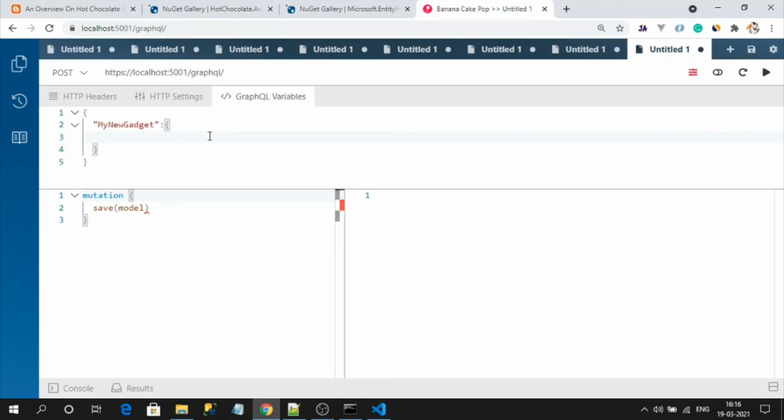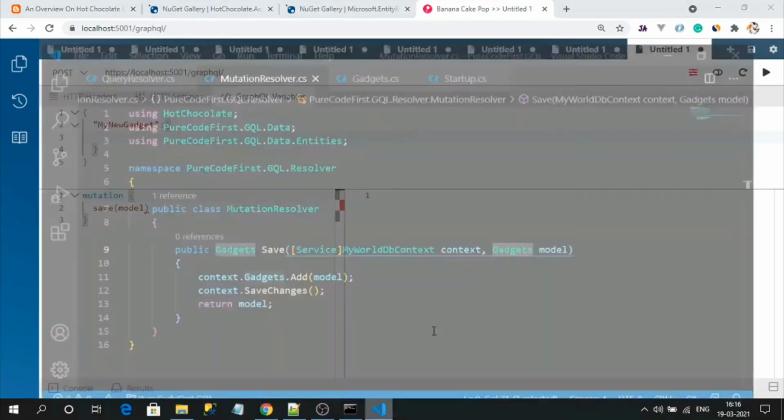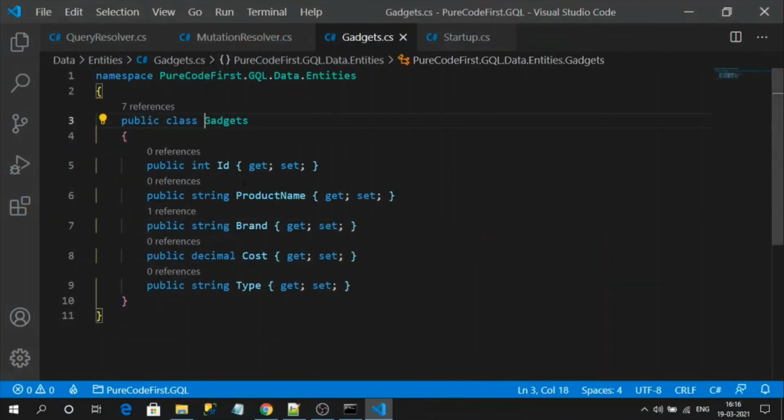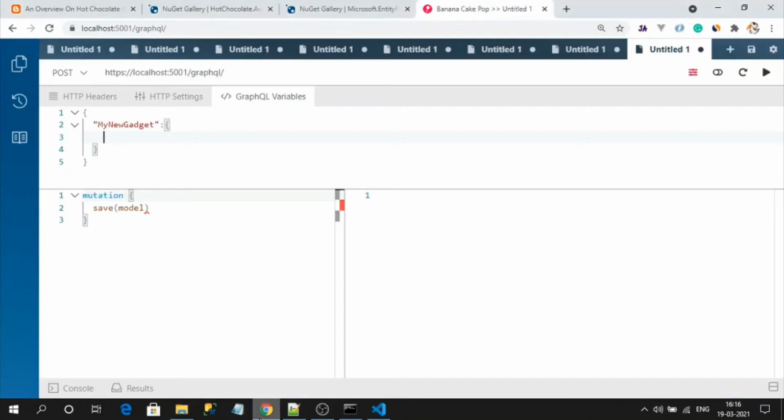So what are all the properties? Those properties are nothing but the gadget's properties, right? ID and everything like that. These properties I need to send as payload.